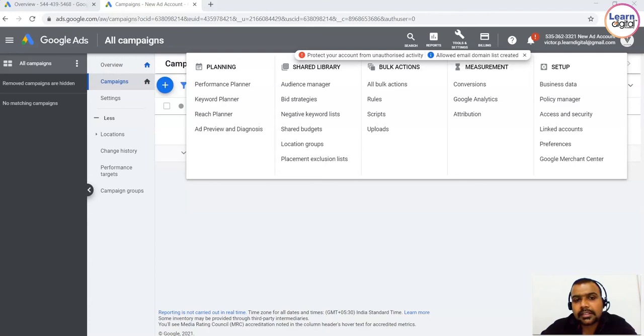Towards your right side you can see the shared library. This represents the master list of your Google Ads audience. You can create Google Ads audience that target specific topic areas, like remarketing audience based on whether people have come to your site and how they have interacted with it, or a combination of two or more.